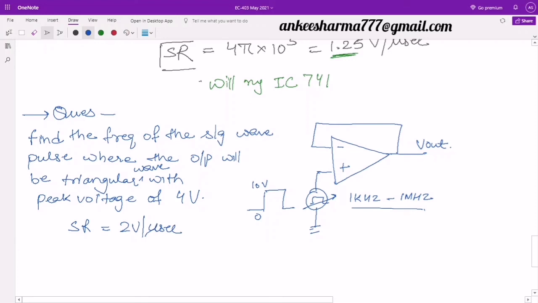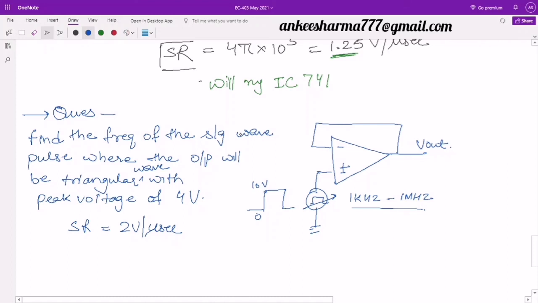Now look, there is nothing wrong in this question. Although this question is not a perfect question, maybe I have made it myself. We have an emitter follower circuit or a voltage follower circuit, meaning whatever input is applied at the non-inverting terminal over here will be available at the output. But due to the slew rate, I am applying a 0 to 10 volt square pulse, but because of the slew rate there will not be an instant change, so this signal will be distorted. We checked earlier that square waves were turning into triangular waves.